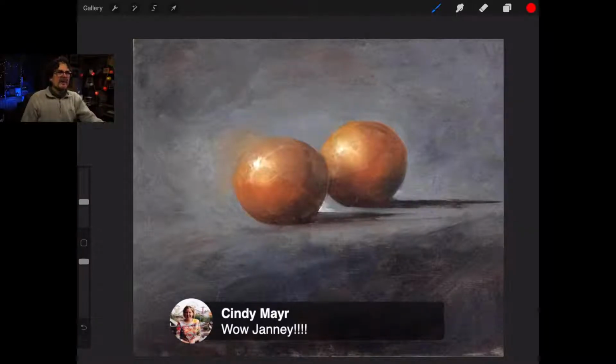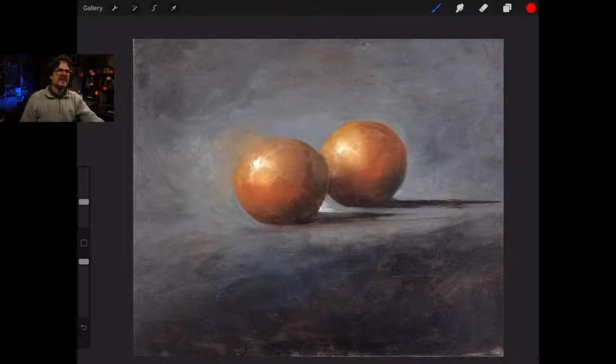So I'm going to talk about a couple of things here. One of the things I want to talk about is that some of you are getting to the point where we can bring our values a little closer. Generally, when I teach, I just insist: put those highlights white, put that dark black.